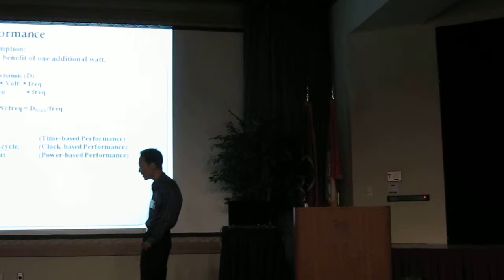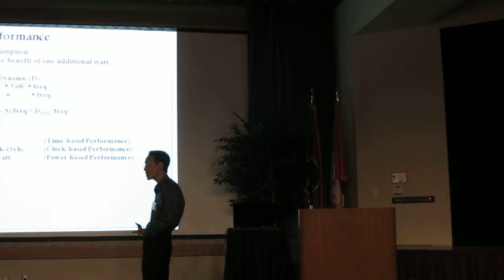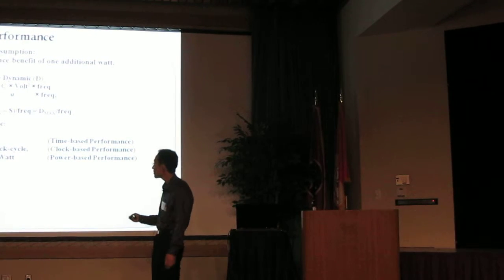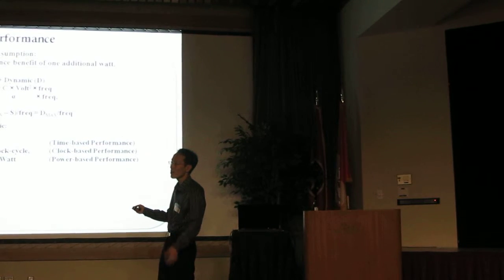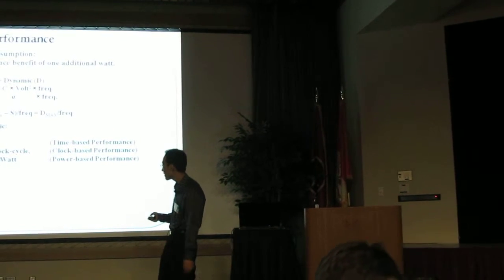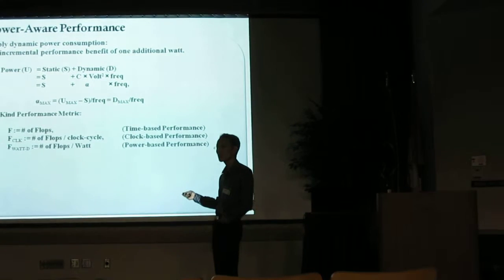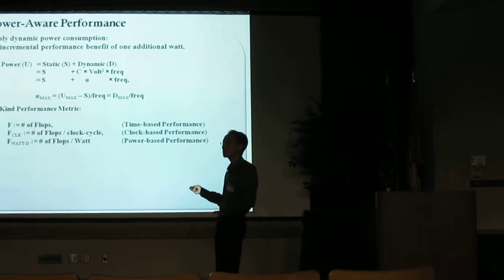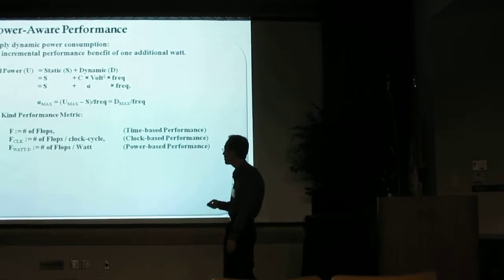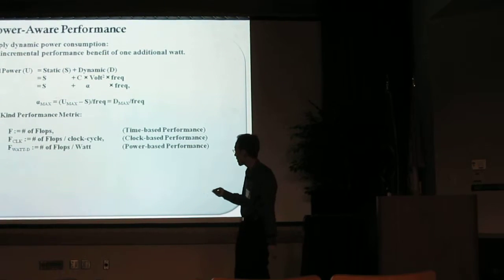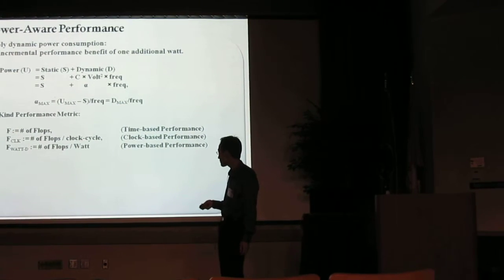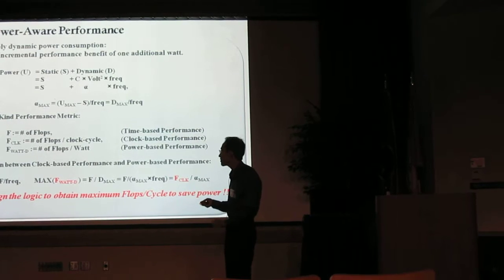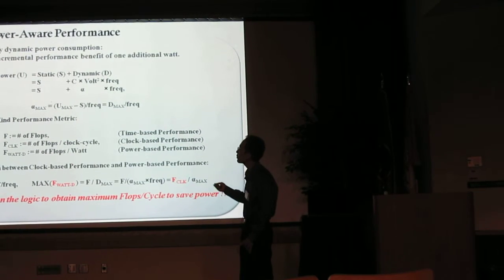We want to introduce three different metrics for the power performance. The first one is represented by F. It represents the flops, the number of floating point operations per second. The next one is the clock-based performance, which is represented by the number of floating point operations per clock cycle. And the third one is the power-based performance, which is represented by the number of flops per watt. So if you look carefully at those equations,